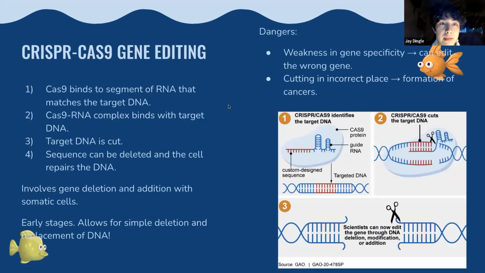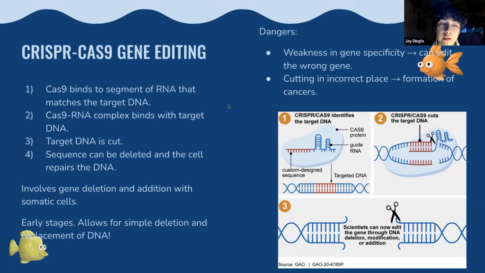So onto CRISPR-Cas9 gene editing, we basically use CRISPR-Cas9 in research related to cancer, virus infections, genetic diseases, detection of pathogens, those kinds of things. And how it works is your Cas9 will bind to the segment of RNA that matches the target RNA. So we're identifying the target DNA. Your Cas9 will then cut the DNA here, and essentially the sequence can be deleted and the cell repairs the